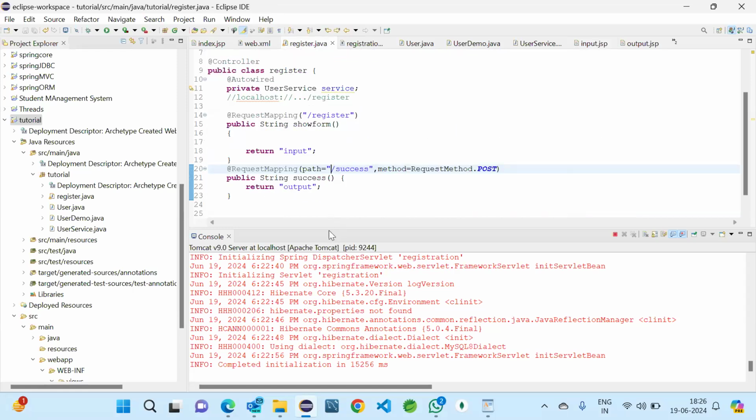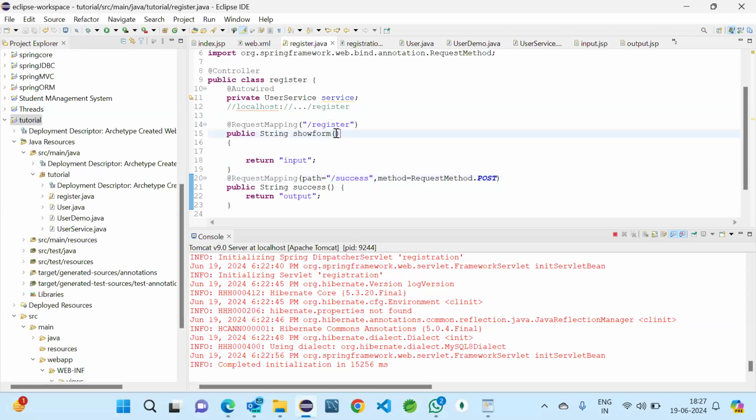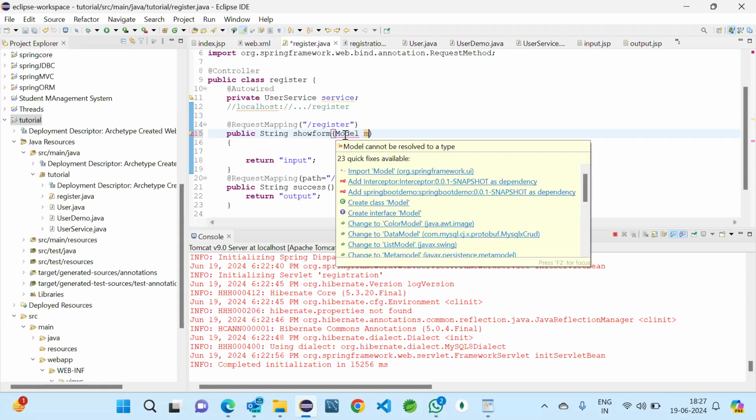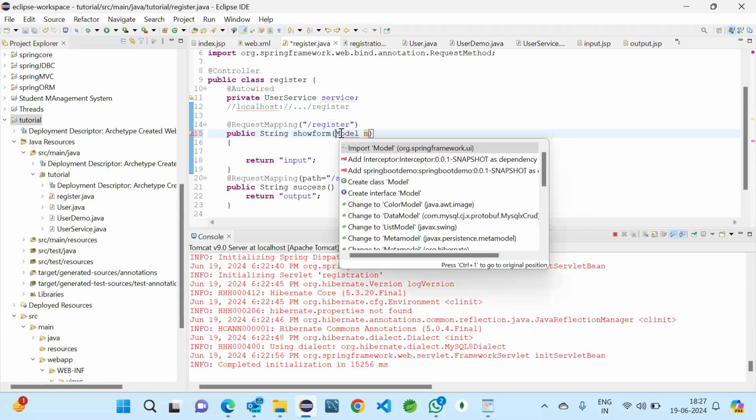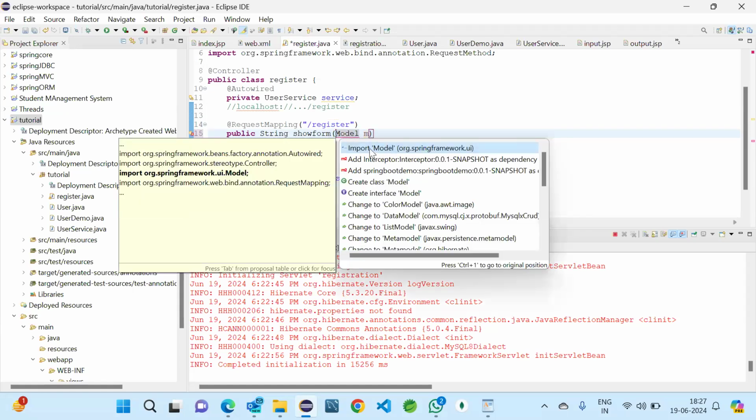So for that we should use model. We are discussing about MVC only now. So model is used to pass the data. For that we have the keyword model, this one.